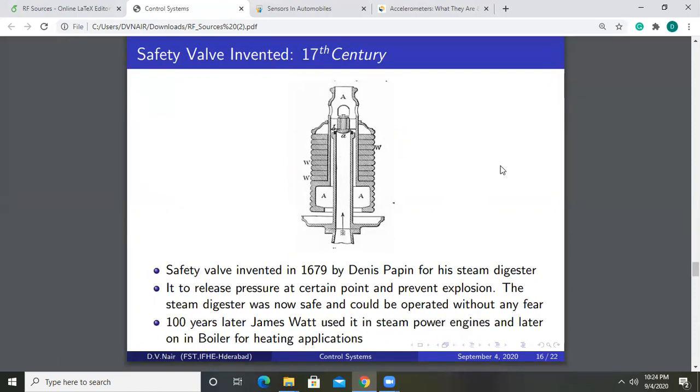And Denis had made a huge apparatus called a digester that helps quick cooking of food and making bone soups. But that giant apparatus, the digester, had a problem. At times, the entire cover of the digester would be blown up into the air, and it would cause a lot of agony. So Denis was working on finding reasons to plug this loophole. He finally succeeded in